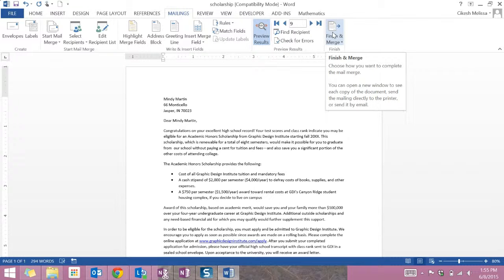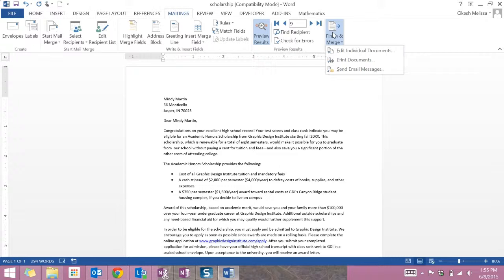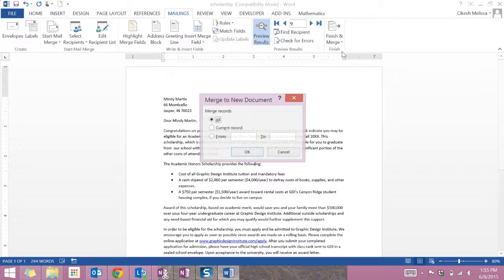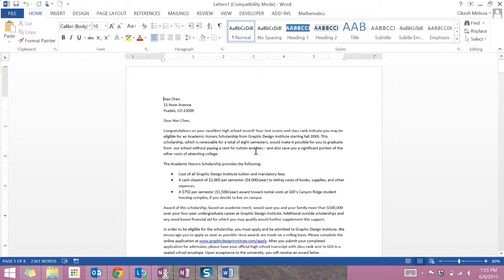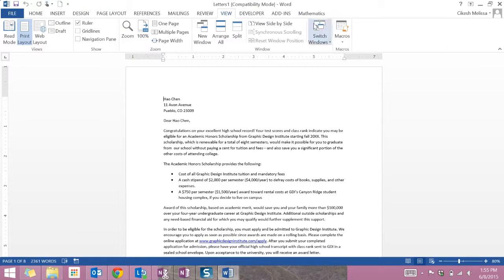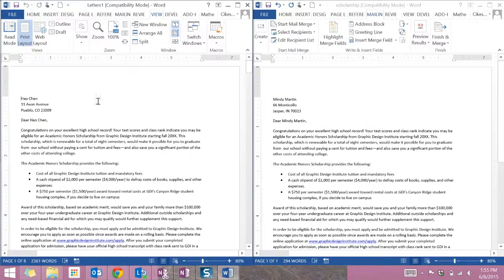Once I'm done previewing my documents, I can go to Finish and Merge and then Edit Individual Documents. Typically, I like to do this so that I can save the file as well. So you click on All and then click OK. Now what this does, notice this document is now called Letters 1, and I also have my original scholarship. So this is my